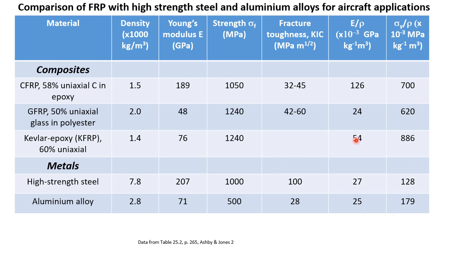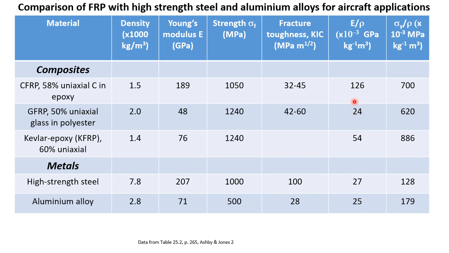So if we compare these using the same units here, CFRP gives an extremely high value of E over rho ratio, 126. So from this point of view, we can say that CFRP is a very stiff material for its density. That means you can make a structure very light but very stiff. Compare CFRP with steel. Steel has a very low value of E over rho ratio, which means that although you can get a very stiff structure, the weight will be the price to pay. It will be very heavy.